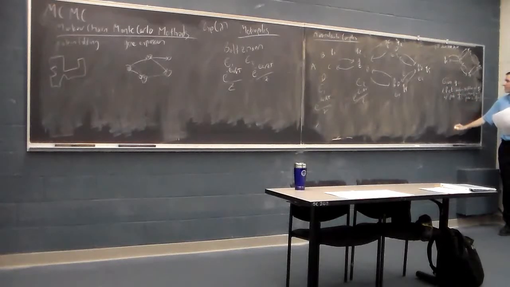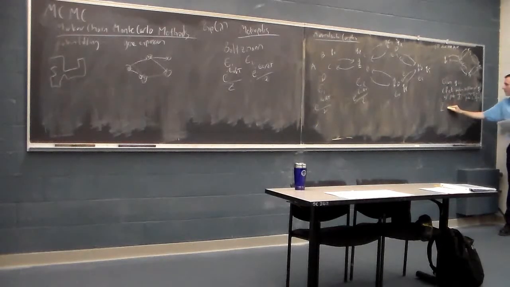Right, so we picked our next state, and then we're going to do the following test. If the energy in our neighboring state, let's call that neighbor Qj, if the energy in state j is less than the energy in state i, so we've picked a neighbor and that neighbor has lower energy, then